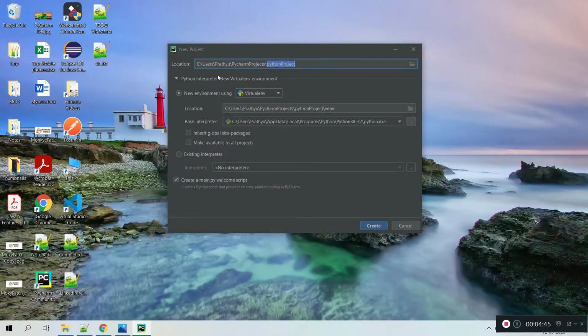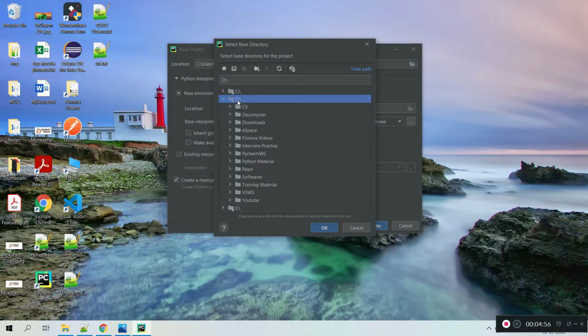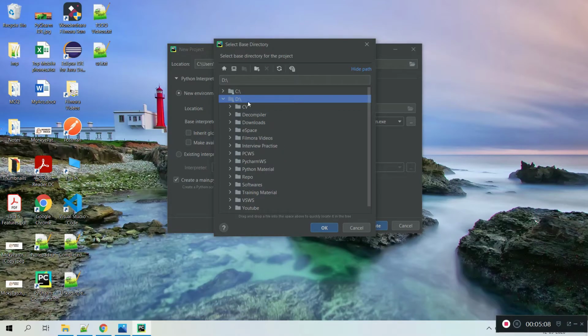Actually it is going to the C user folder. I will select my own folder, so I am going to the D drive. Inside that I will create one folder for this workspace, let's say PyCharm workspace. Click OK. You can create whatever you wish.